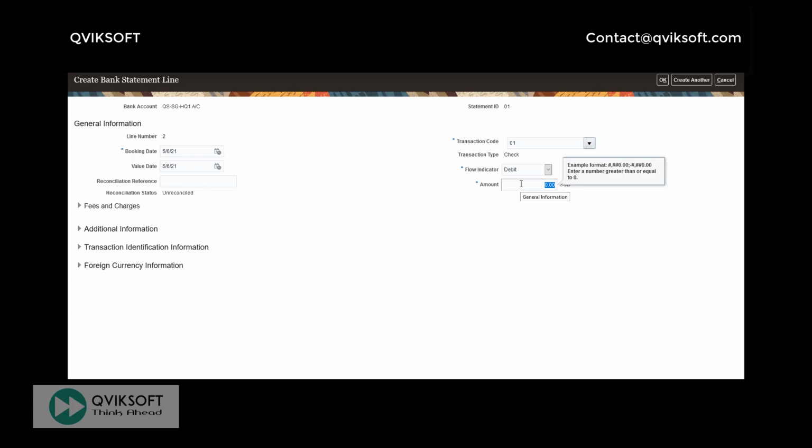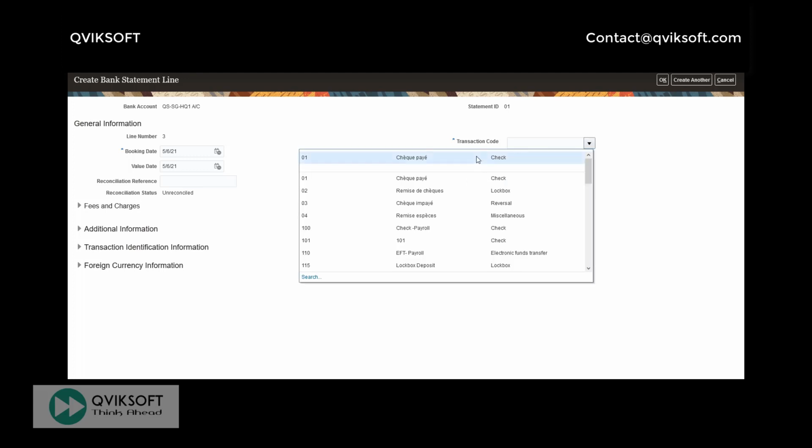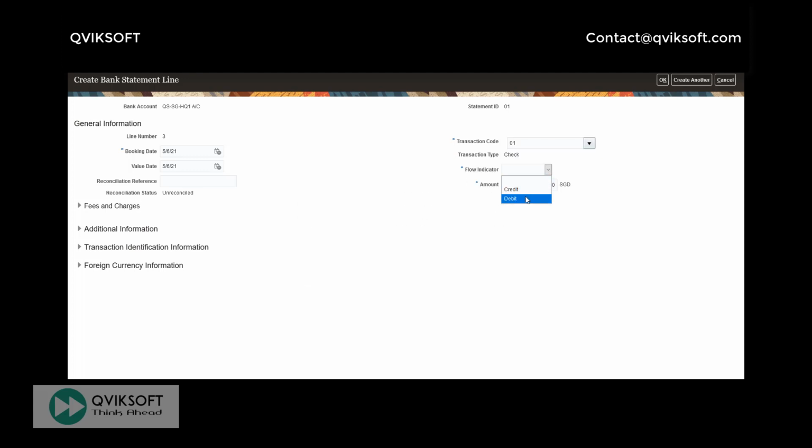I remember I did 21,000 and then also did 31,000. I'm just using any transaction code just to show you. The main thing is the flow indicator. I did 31,000, and then I had one more transaction which was for 10,890, which I transferred to Malaysia. Flow indicator debit 10,890.